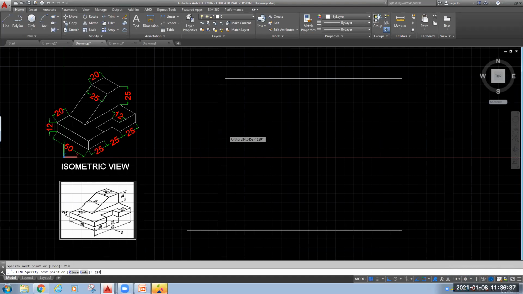297 again. I am simply specifying the distance and giving the direction using this cursor. Suppose here is the endpoint of this line. Now you can see, if I want to draw a line just below this, I need to move my cursor in the downward direction, and